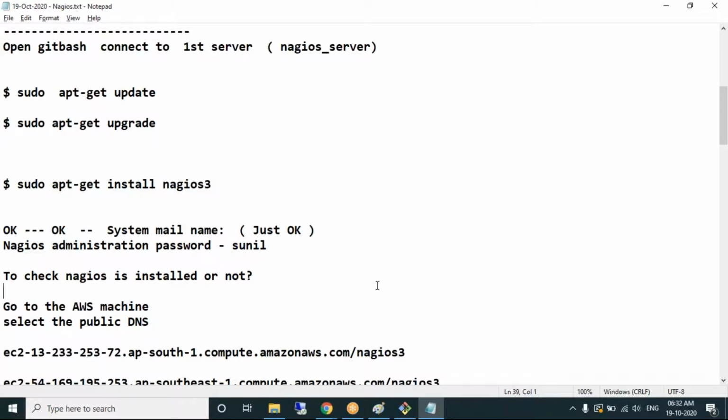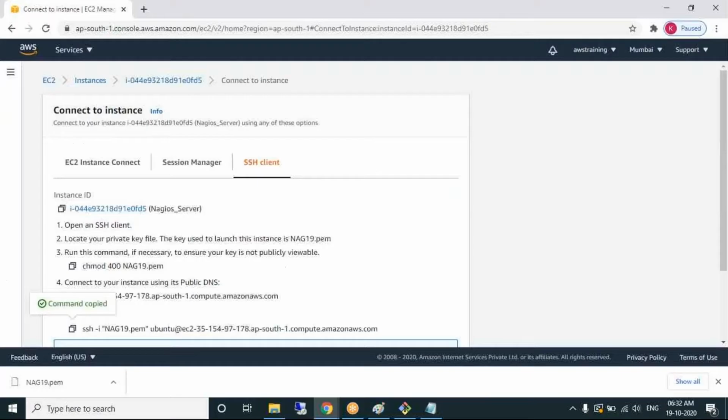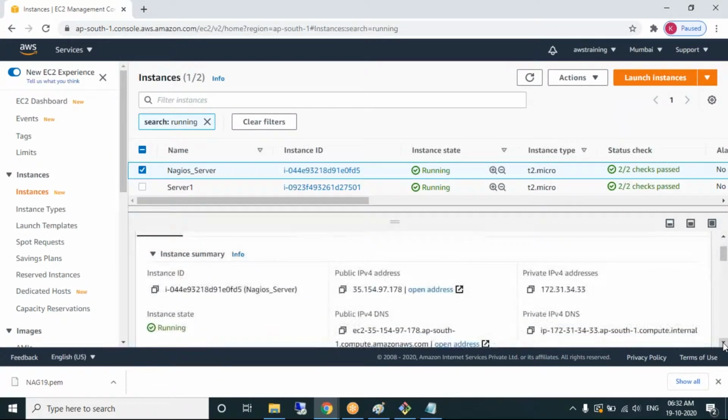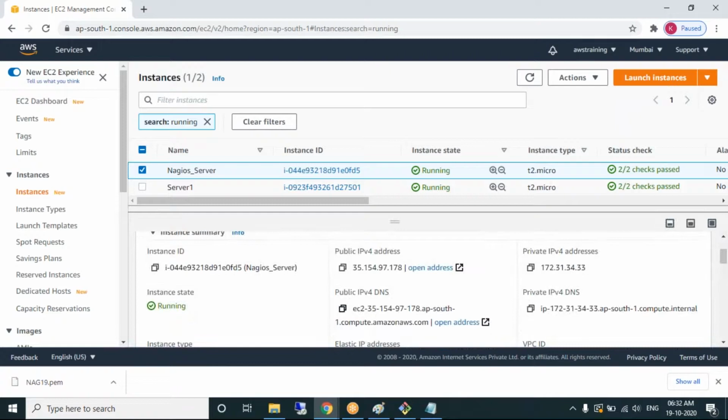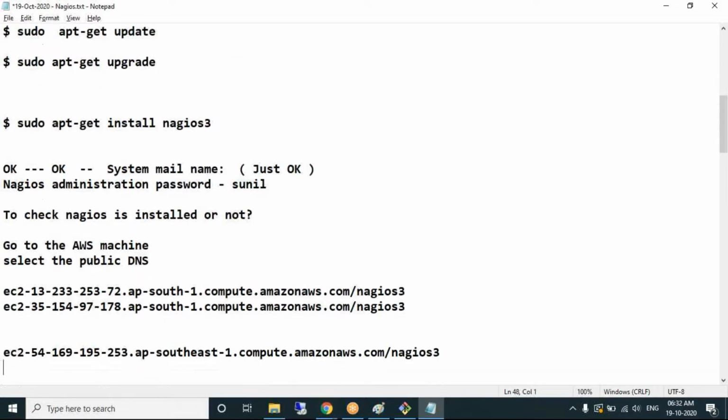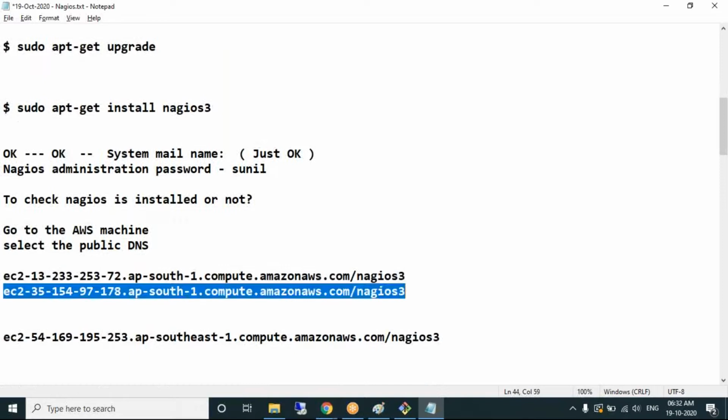So, the public DNS of the machine. Copy the public DNS. /nagios3 is the URL where you can see the Nagios dashboard.